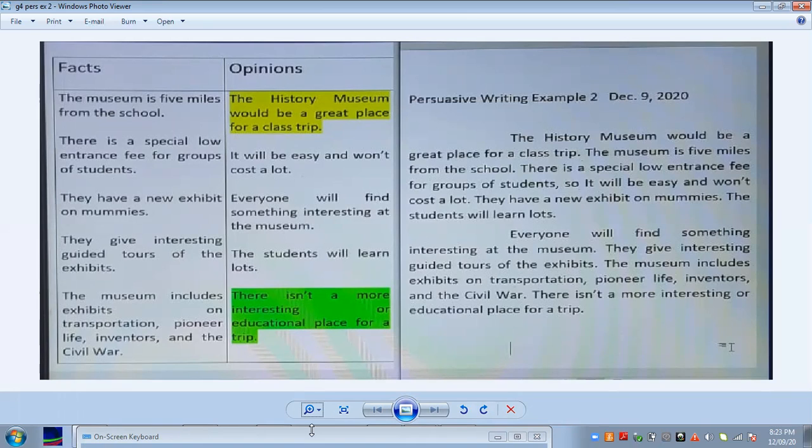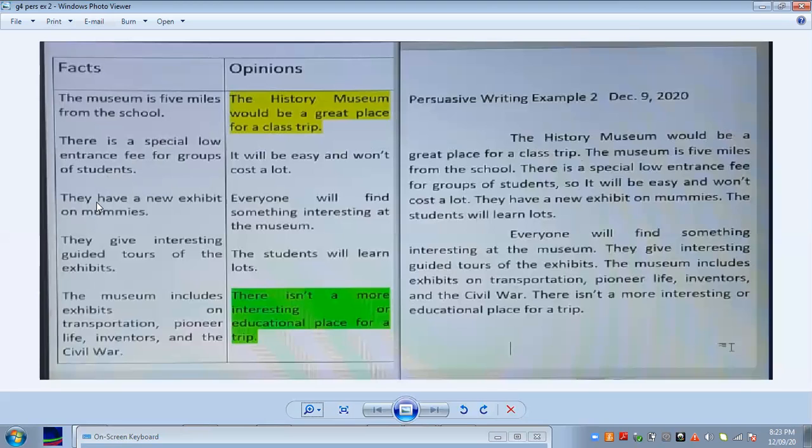Okay? All right, so the first sentence on the fact side is, the museum is 5 miles from the school. We can measure the difference to prove that the museum is 5 miles from the school. That makes it a fact. Remember, we said a fact is something you can prove, and an opinion is what you think. Okay, the next one, there's a special low entrance fee for groups of students. This is a fact. We can prove that the museum gives a special rate to students when they come as